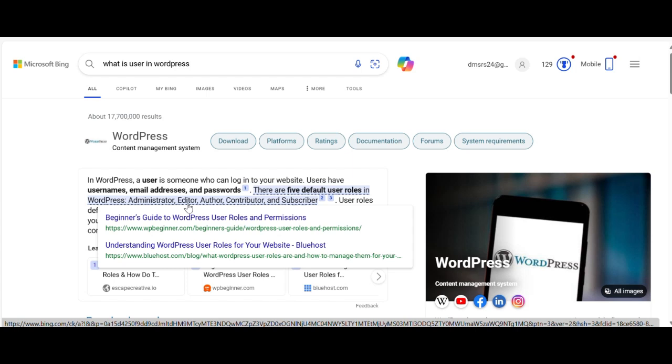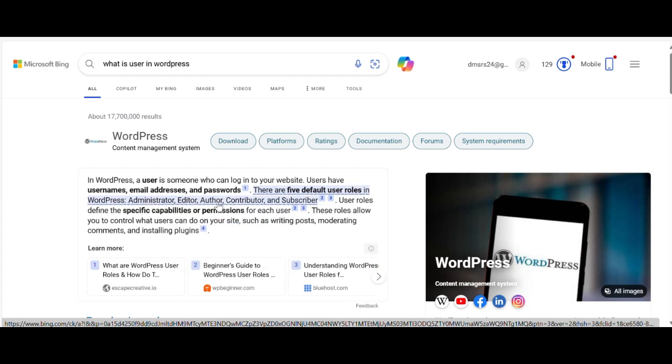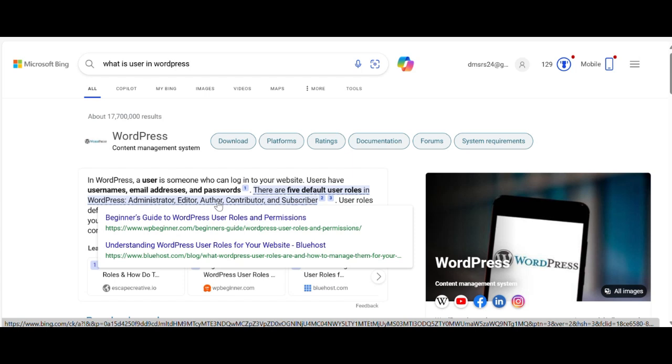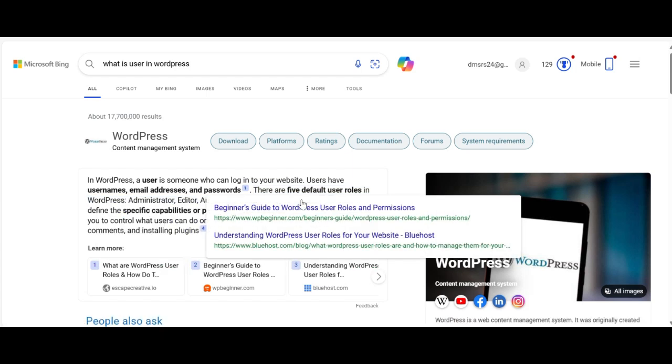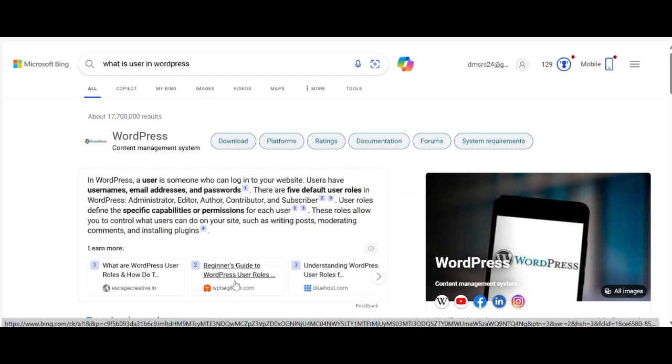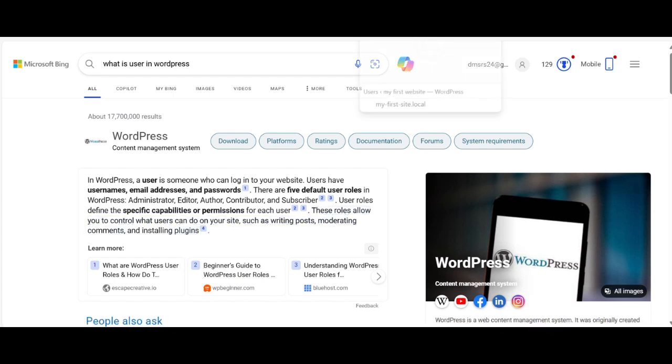After that, the editor, who can change or make posts on your pages. Then the author, in the same way, who writes content on your website. And the contributor, who can contribute to your website or add extra pages. It's up to you what type of access you want to give to users. And then the subscriber, who has very limited access to your website.